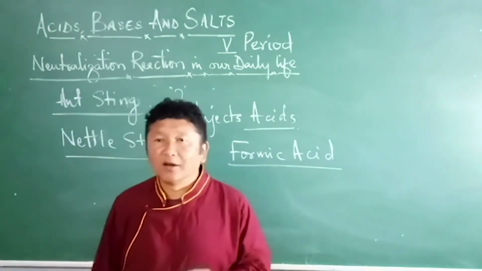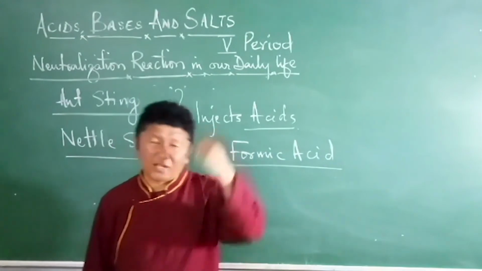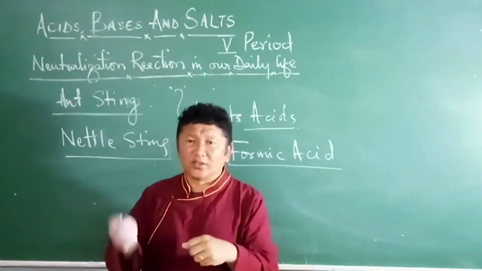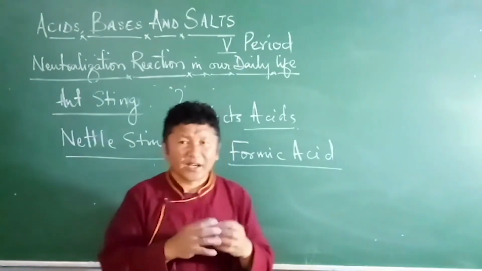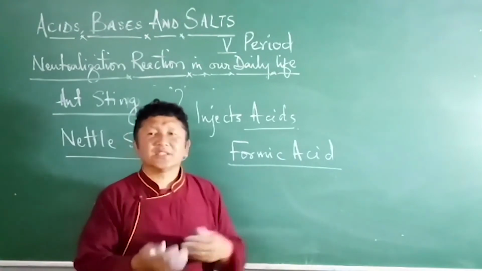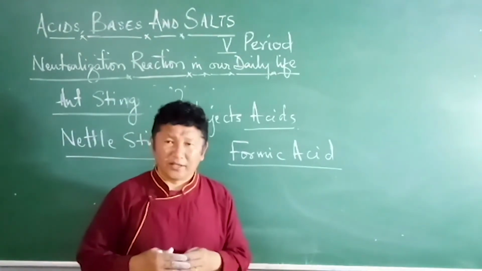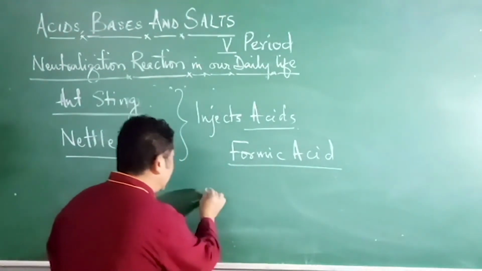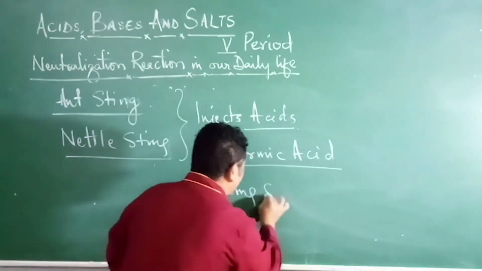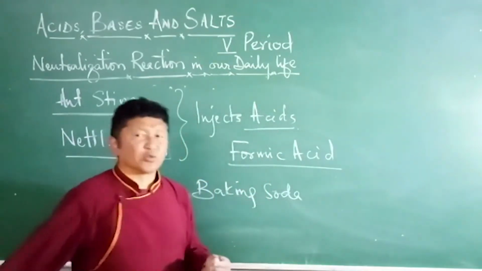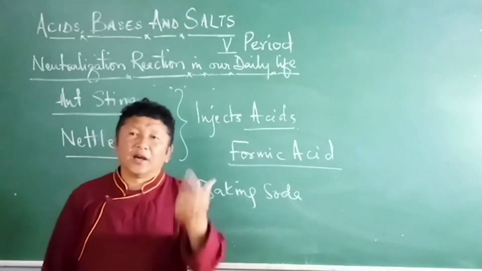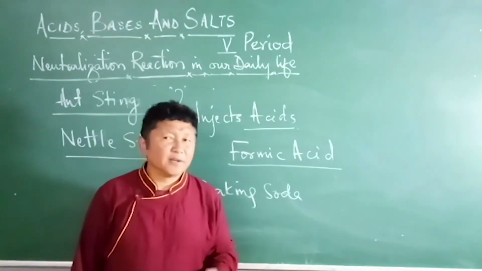Formic acid is injected, so to neutralize it, rub them with baking soda. If you rub them with baking soda solution, sodium bicarbonate, baking soda, the powder, baking powder,